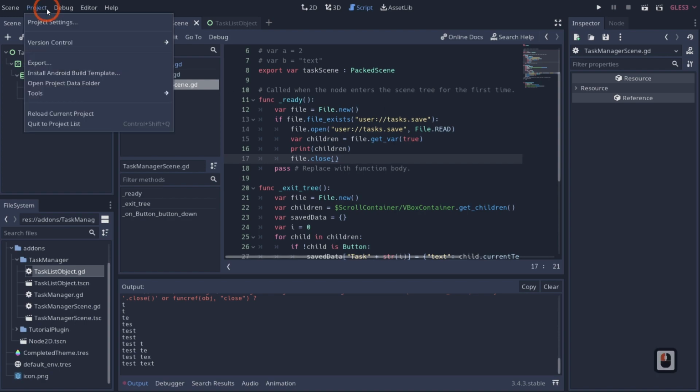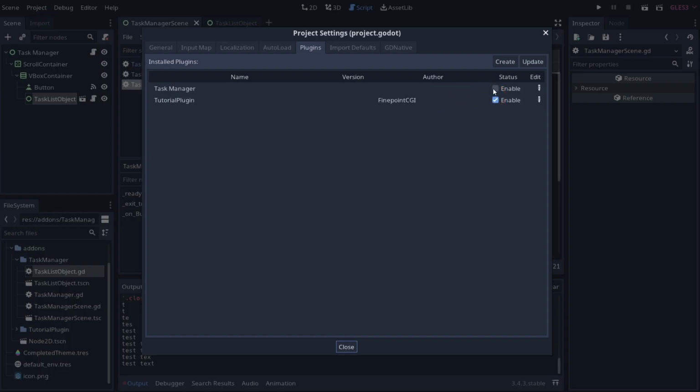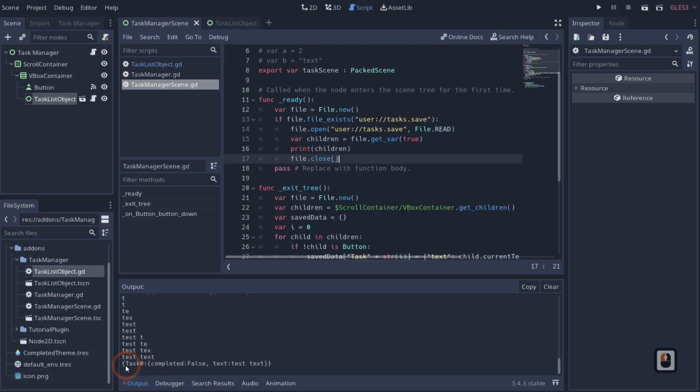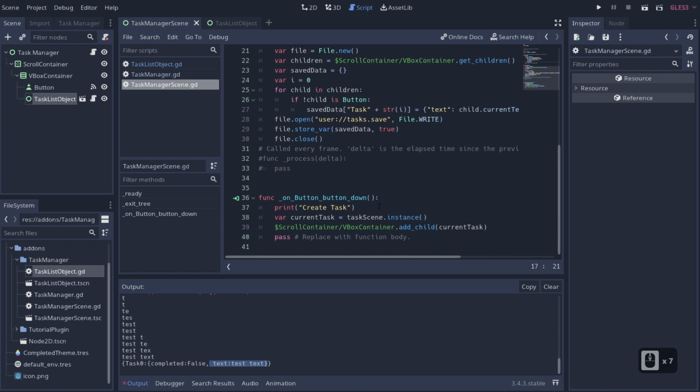So now if we go to our project settings and we enable this, you will see that we get our task 0 completed false test text. So that's perfect, right? So now what we need to do is go ahead and create a